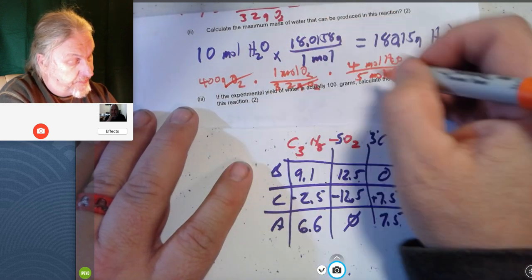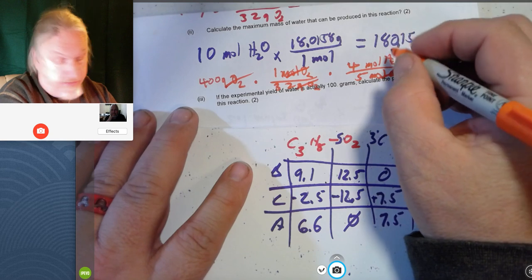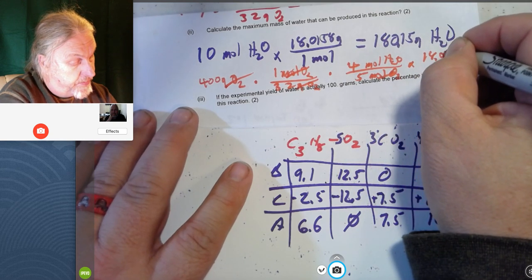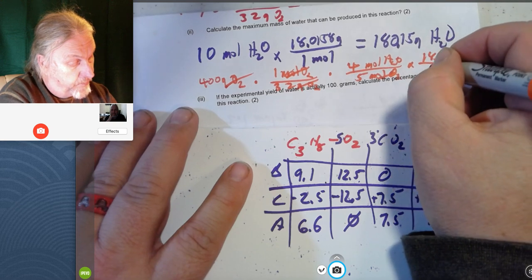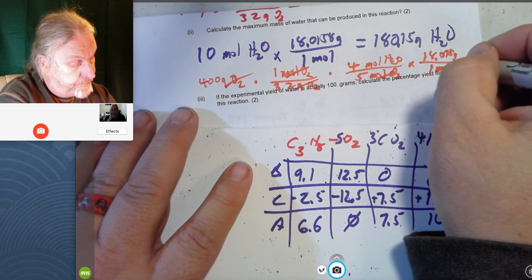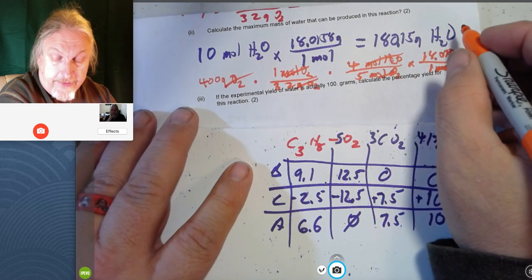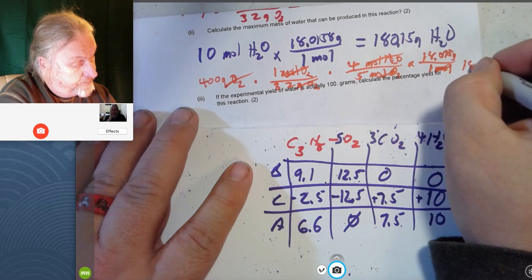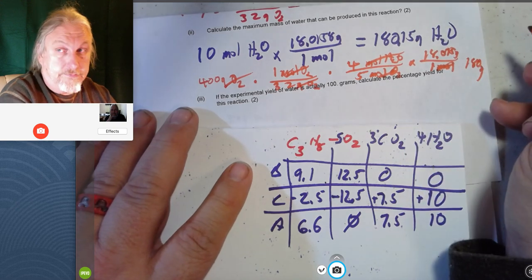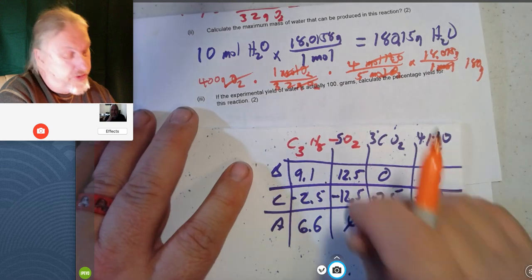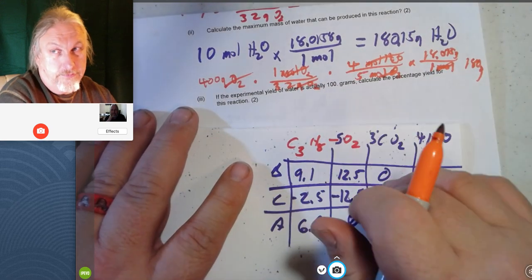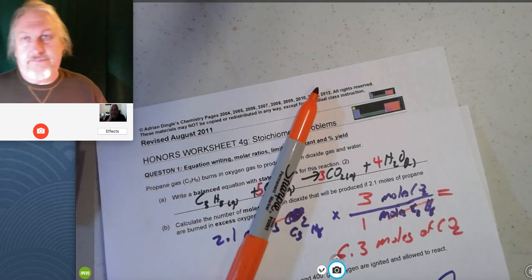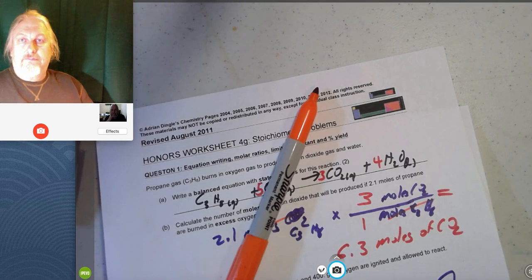I can cancel out those units. Then I multiply by 18.015 grams over 1 mole water, cancel out, and I get, guess what? 180 grams. They both work. Use whichever method you want. But if you're going to do that question to find the limiting reactant, you have to do the